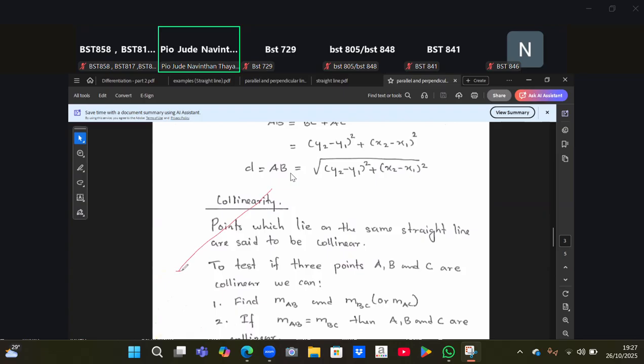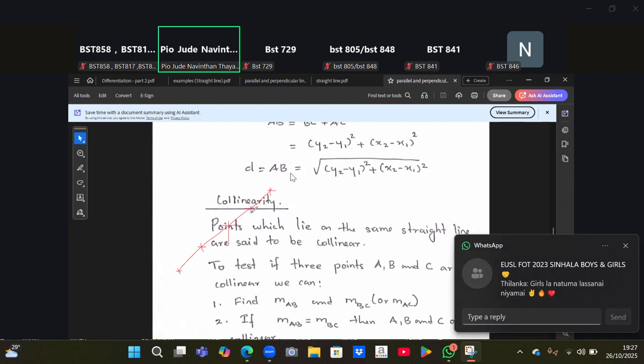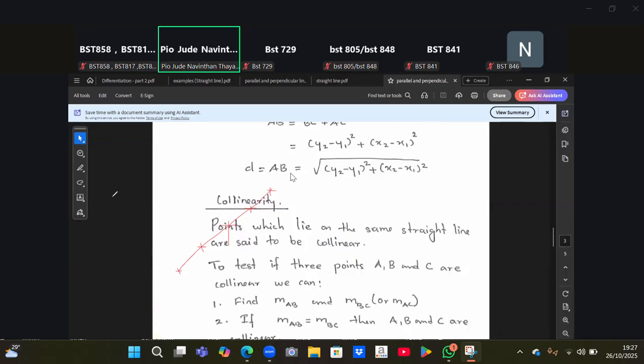So this is one point, and this one is another point. And we can say so many points are on that straight line. Okay. So how can we find these points, right? For example, if we consider only one point,